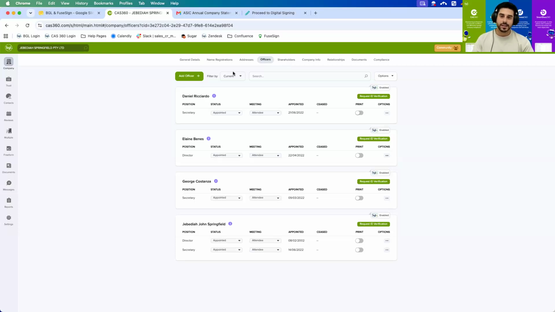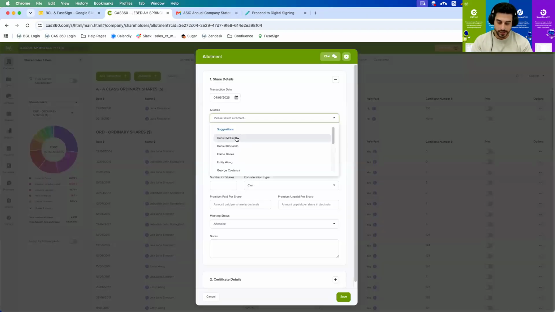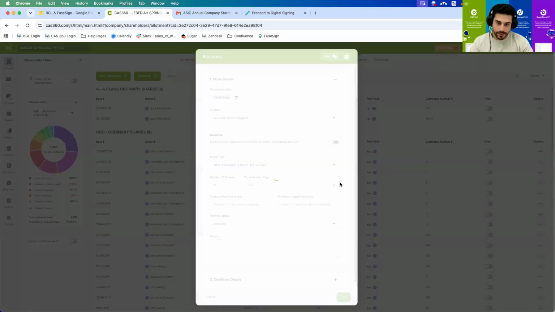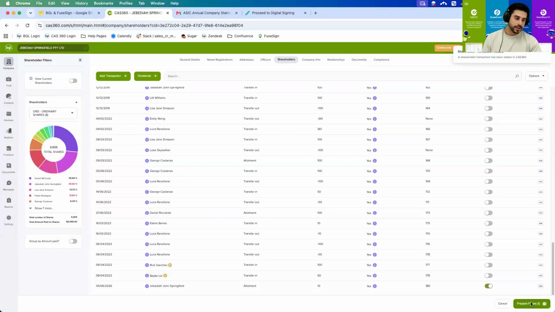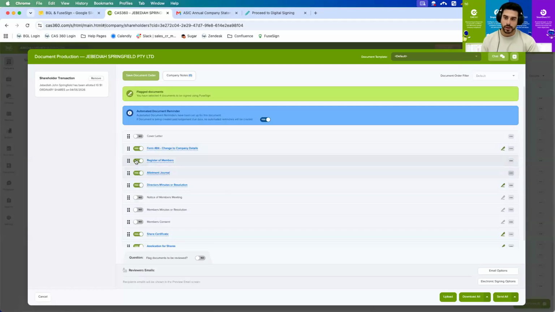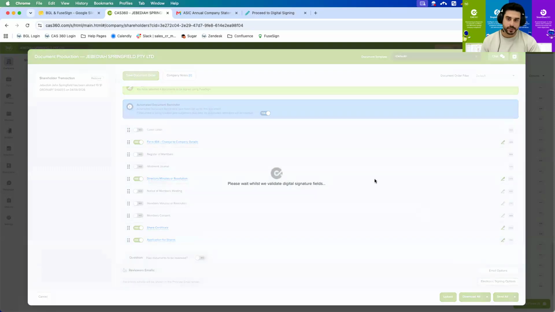And then once you make a specific change, so I might just jump into shareholders here, just do a quick allotment, makes it nice and easy. Okay, you can pick your beneficial owner, your share class, and then hit save. It will update our shareholder register here. And then you can prepare your forms. All right, so we can see our 484, we got our register of members, allotment journals, share certificates, and application for shares. All right, so if I send that out,